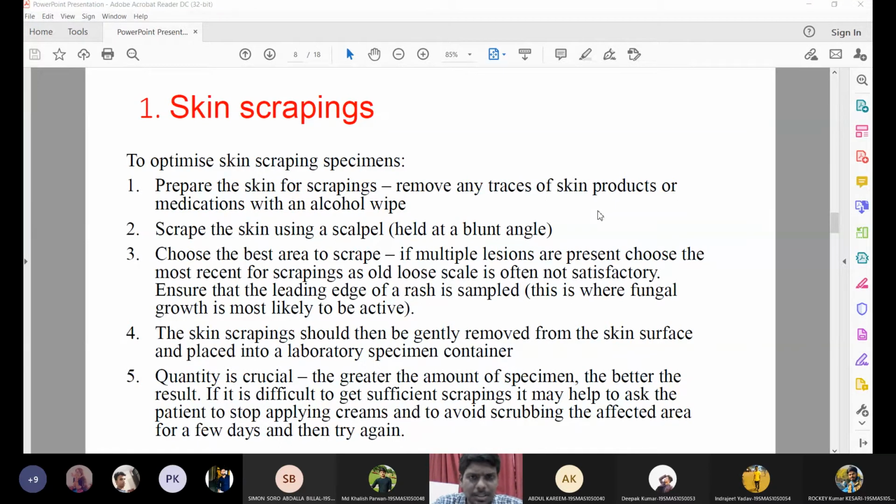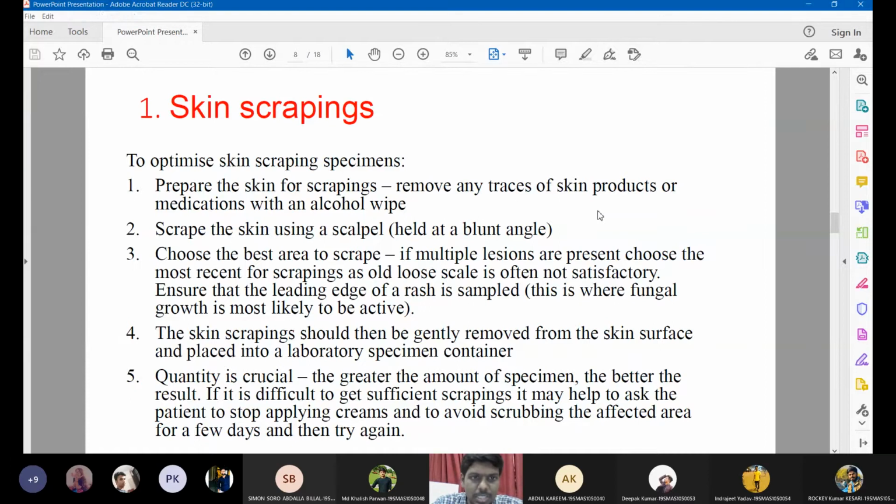Skin scrapings. So that's it. Actually very simple, practical students. We need to ensure that we are getting the maximum amount of sample from the patient. So rather than going with a very small amount of sample, we should go with the hard way. That means we are not going to collect any invasive samples from the patient. We are not collecting blood, and we are not collecting any biopsy specimens. We are just collecting the appendages of the body, like nails, skin, and hair, which won't cause any harm to the patient. So we need to collect as much sample as possible from the patient.